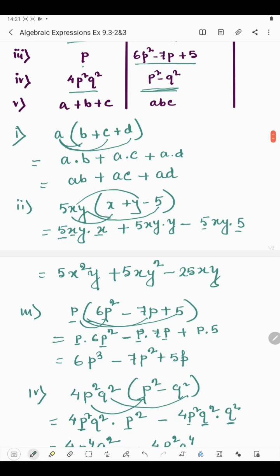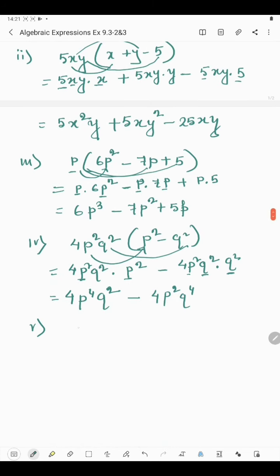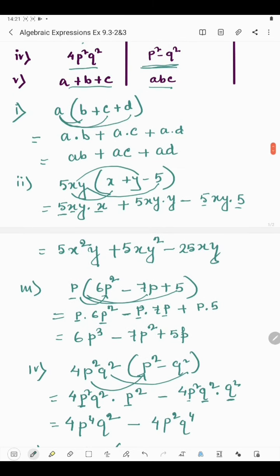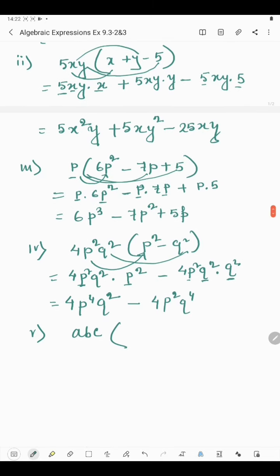Now the last part of this question is a plus b plus c should be multiplied by abc. So at first we will have to write the monomial, which is abc here, and then we will write the trinomial, which is a plus b plus c. Okay, so if you multiply the first term of the trinomial to the monomial, then we will be having abc multiplied by a, plus